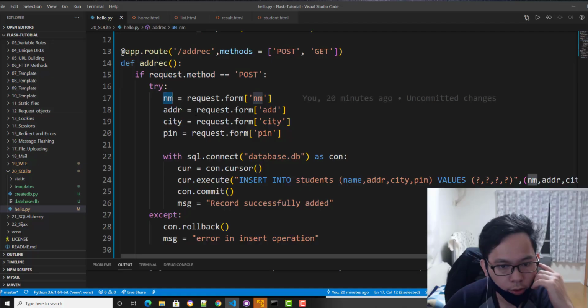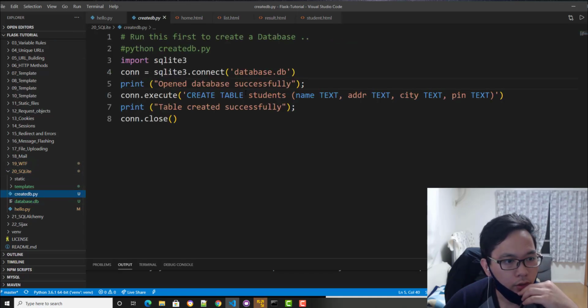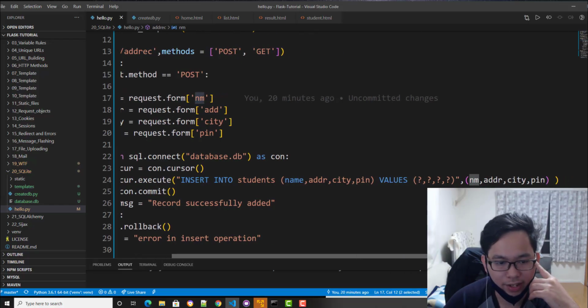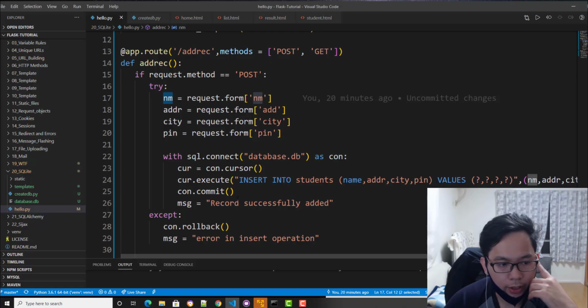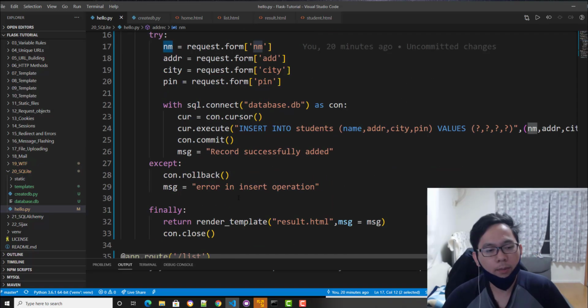So you're going to get all that and insert it on our table called, what's the table name? Table students. Very easy, this is the absolute basic anyway, and commit it. So what's the point of this?